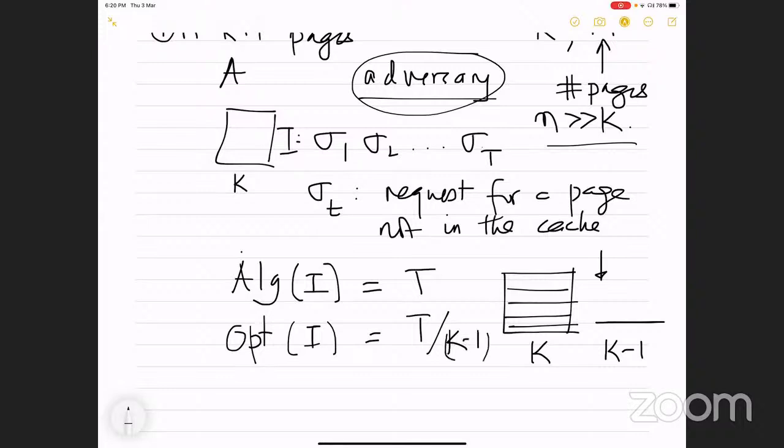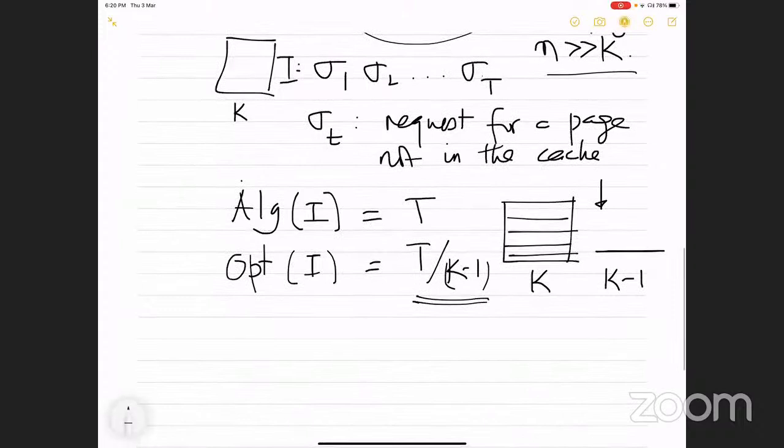Why will I not incur a cache miss? Because in the next k minus 1 steps, the pages that will be requested will be in my cache, because I explicitly knew what pages would be requested in the future, and I would evict the one which will be at least k steps away. So the optimum will be t over k, or maybe t over k minus 1, and so if you look at the ratio of these two things, this implies that the competitive ratio of A is